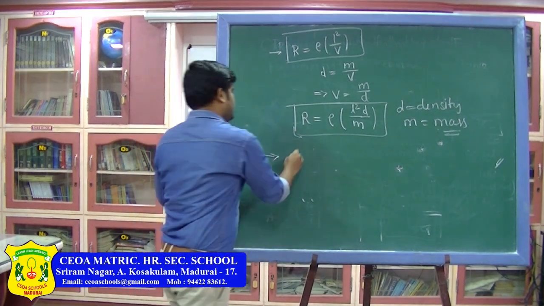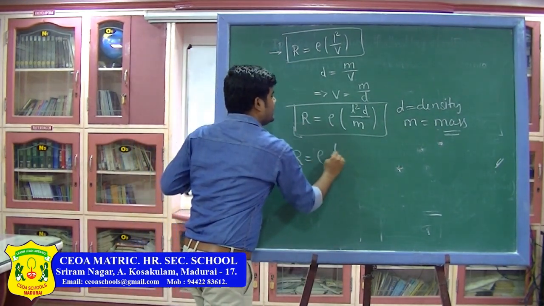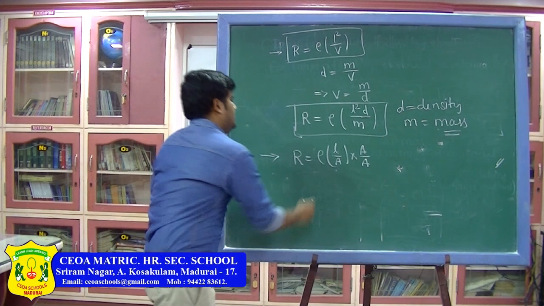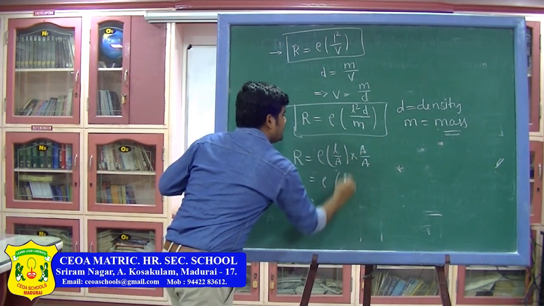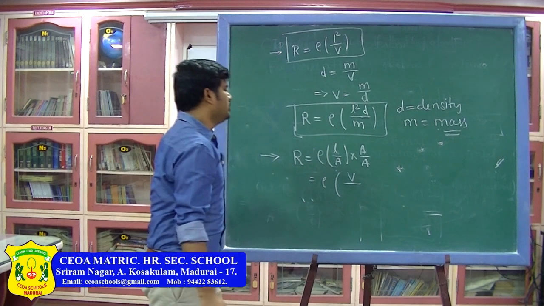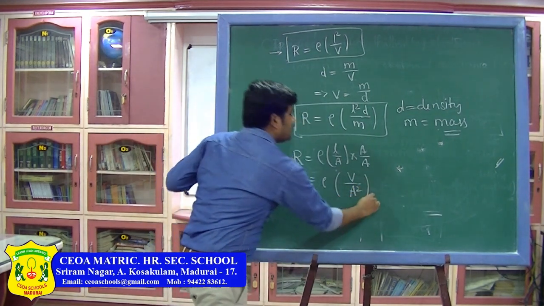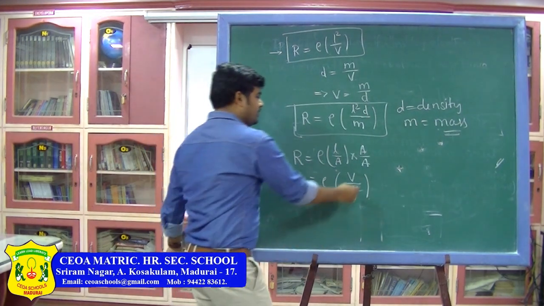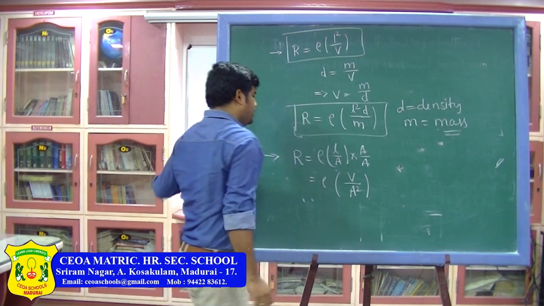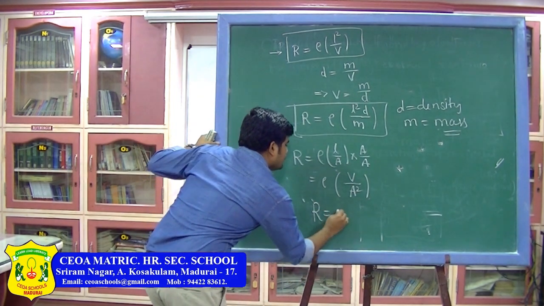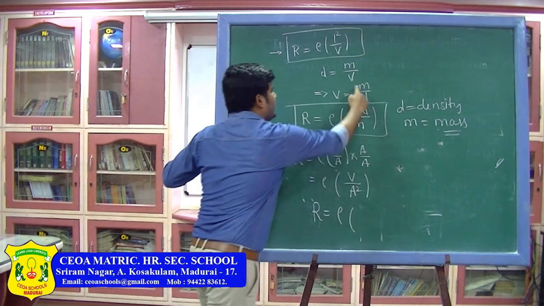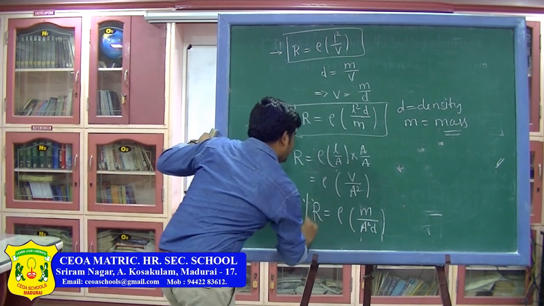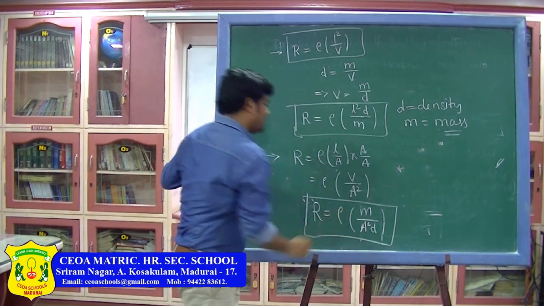Next form of the equation. Take the first equation, R equals rho into L divided by A. Now, multiply and divide by A, and you get rho into A into L, which is again the volume of the wire, divided by the cross sectional area square. So, rho V by A square. Again we can use the density definition here: V equals M divided by D. Using that, you can get R equals rho into M by D, so I can write M divided by A square into D. These are different forms of the expression for electrical resistance.